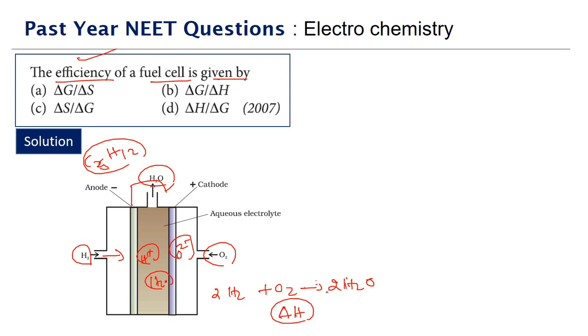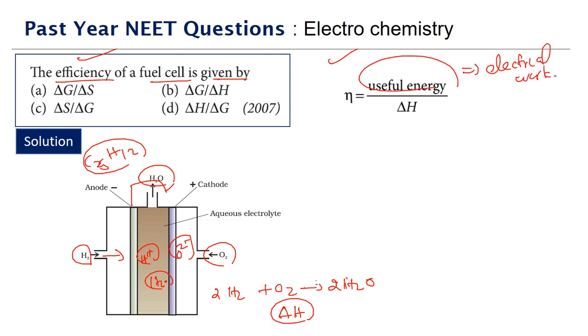Total energy of the product minus total energy of the reactants. So if you look at the efficiency, how do you define the efficiency? Whatever is the useful electrical work, because here we are able to get the energy out in the form of electricity, right? In the fuel cell we are able to get the electrons out, and we will look at the useful energy which comes out in the form of electrical work divided by the enthalpy change of the reaction. That is how we will define the efficiency.